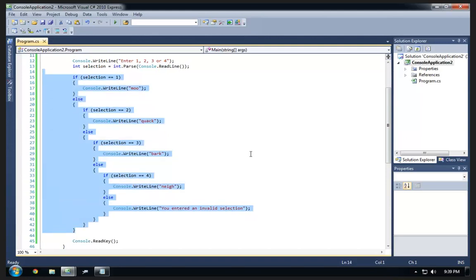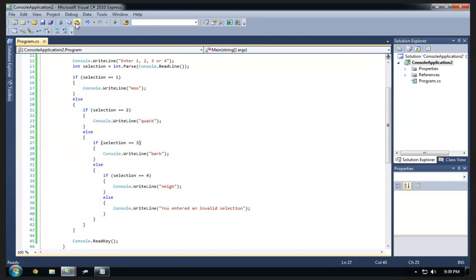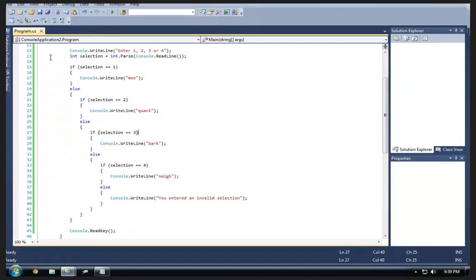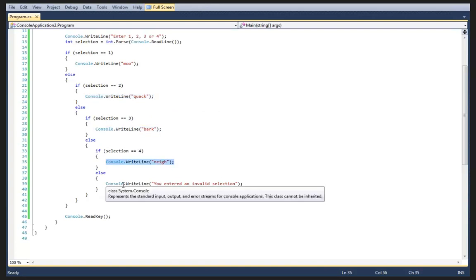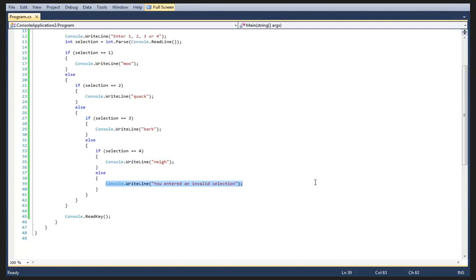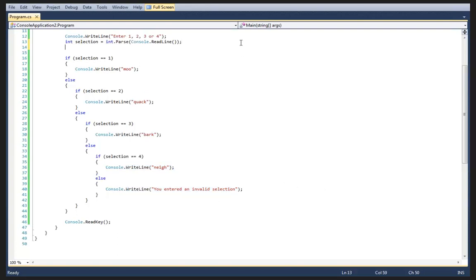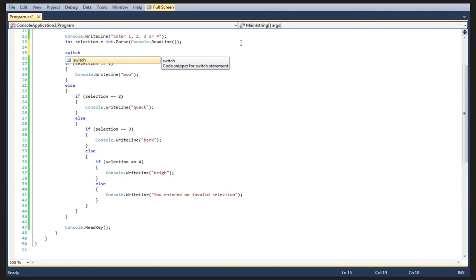Okay, but C# provides a language feature for these sorts of scenarios, and that's the switch. This particular scenario is when we have a variable and we want to compare it to a list of constants, and we want to perform different logic depending on which constant we hit, and optionally provide a default behavior if none of the options are hit. So we start off with the switch keyword, followed by